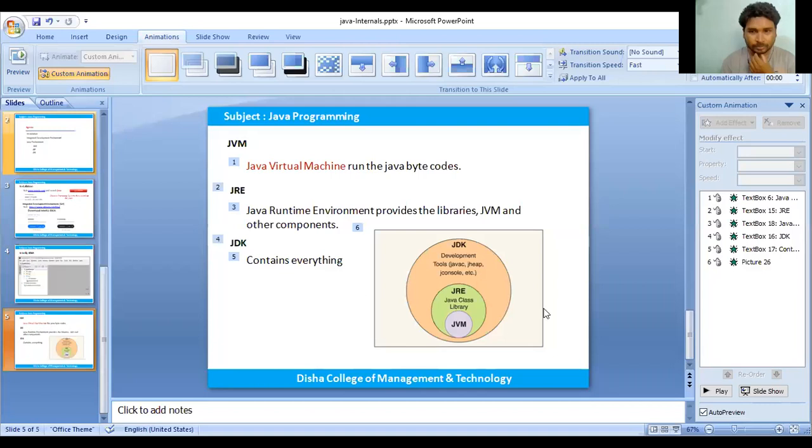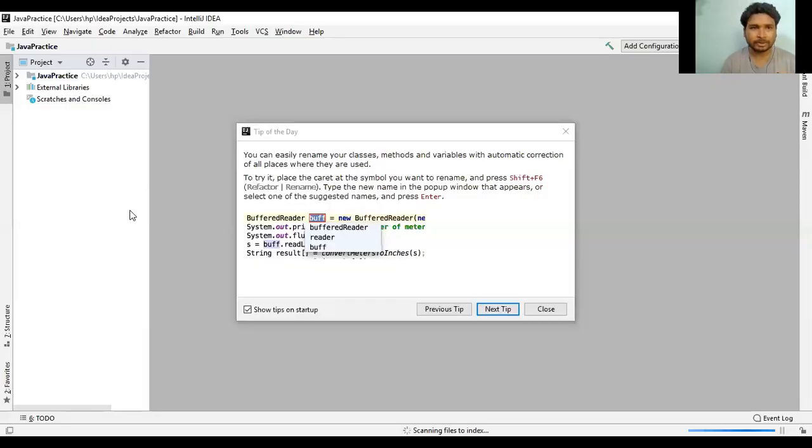When we open it, we will get this kind of interface, and it will just give some tips. If you want to continue, click next, otherwise click close. If you don't want to see these tips again and again when you start IntelliJ IDE, just click here, don't show it again, and close it.